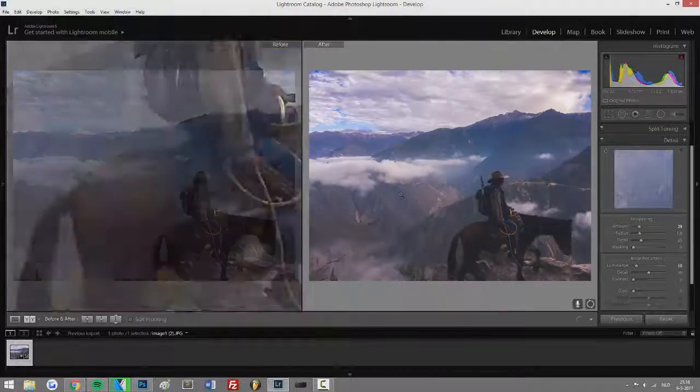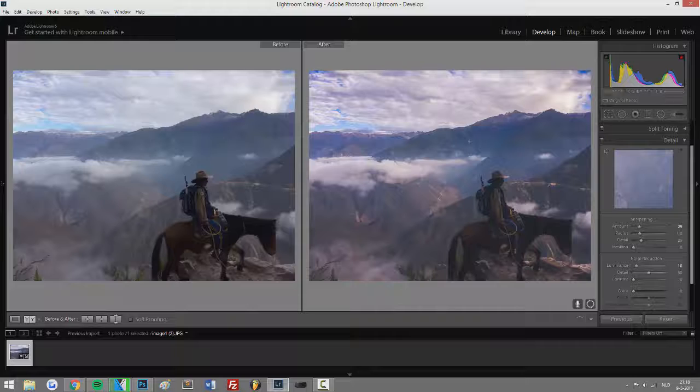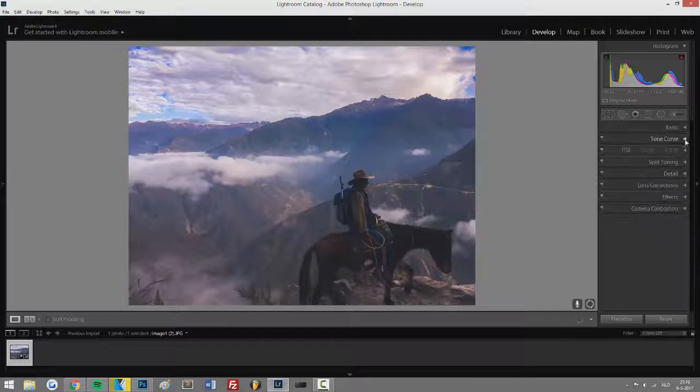Okay, so you can see the difference between the images right here. It looks a little bit like a fairy tale already. It looks kind of cool. I like the sky. I like how this is looking, but I just don't like how he is looking right now because he's pretty dark. It has two sides. It looks cool because he's really dark, but it looks also bad because you can't really see him. But the next thing we are going to do is add a little bit of vignetting, just -7